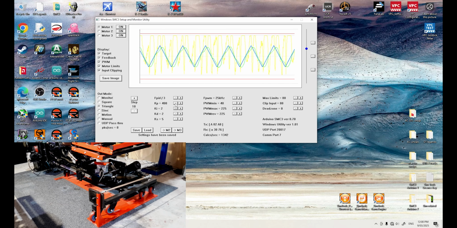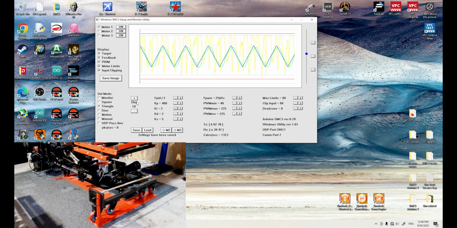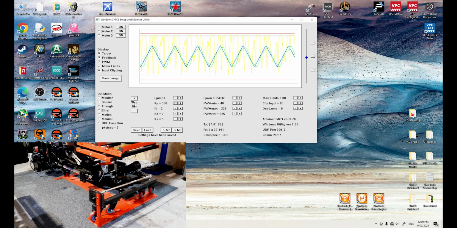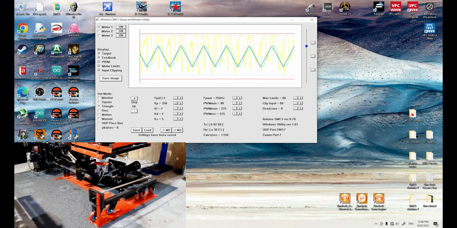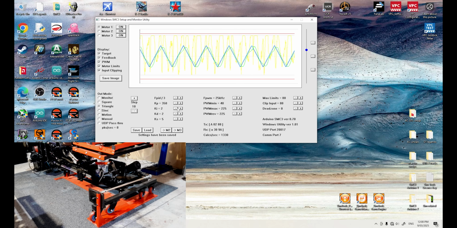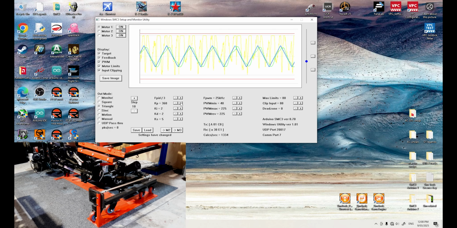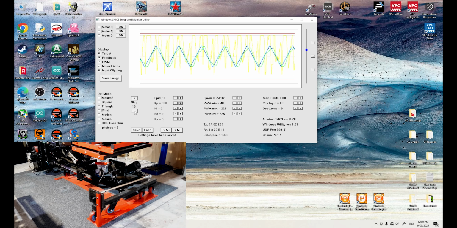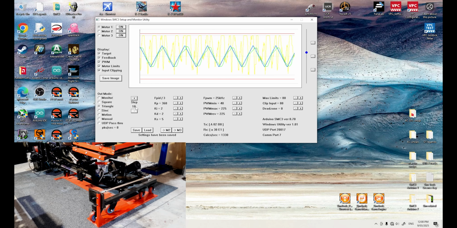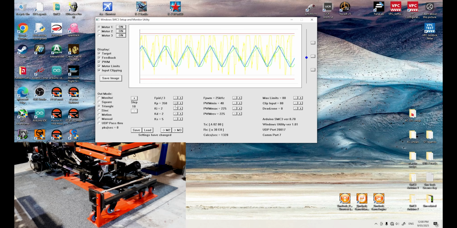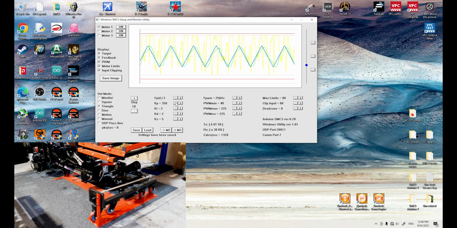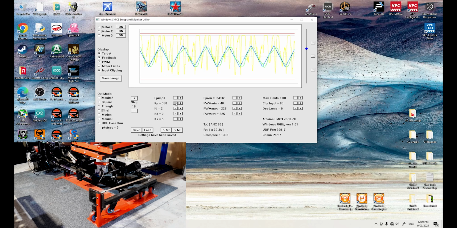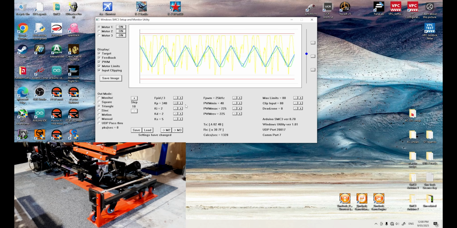Rightio, so that's still a little bit messy at 400 in the proportional. Now taking that down to 350 smooths it out a little bit. I wouldn't say heaps, but a little bit. 360, getting a bit of that bumping, as you can see. Go back to 350, and it just smooths it. 340,